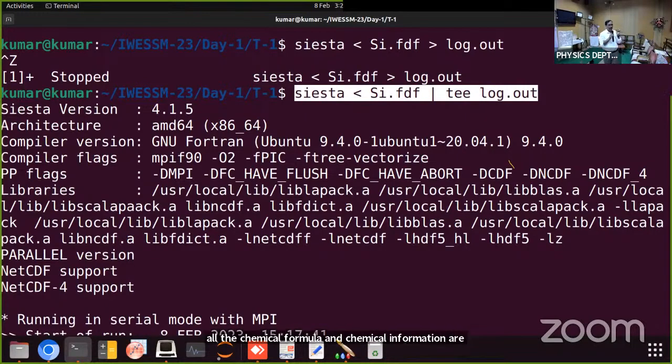The heart of running this system is the PSF file. All the information, you can say, is the heartbeat. The body is the FDF, and the heartbeat is the pseudo potential file. So you need a pseudo potential file for each and every species. Here only silicon is there, so you need one PSF file. And if you are using a water molecule, then you need two pseudo potential files, one for hydrogen and